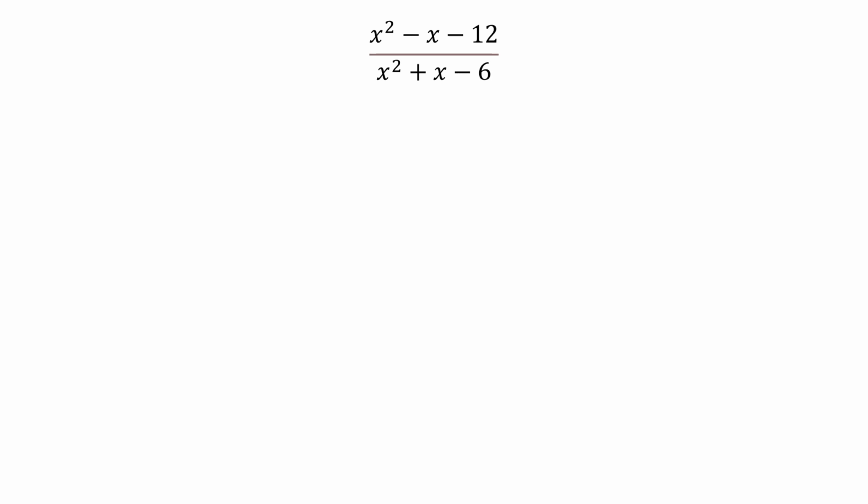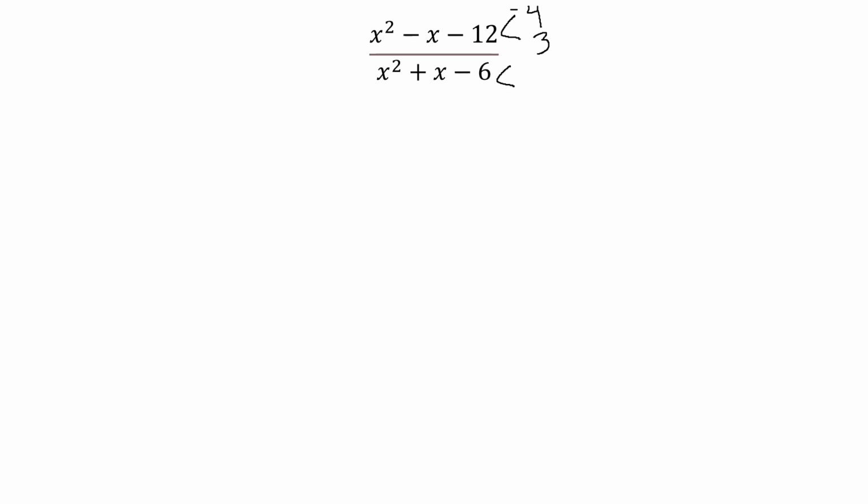All right, two numbers when multiplied together equal 12, but when added together equal negative 1. I could use 1 and 12 to get to 12. That's not going to get me to 1. I can use 6 and 2 to get to 12. That's not going to get me to 1. But 4 and 3, if I have a negative 4, I can get to negative 1. Second one then is going to be